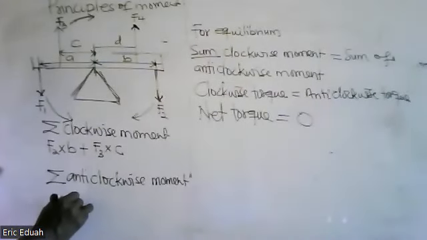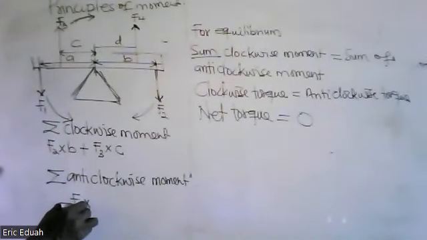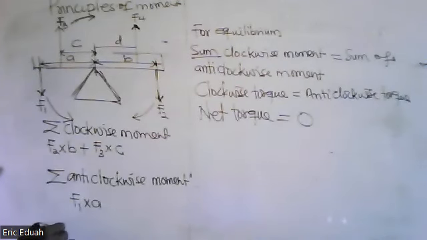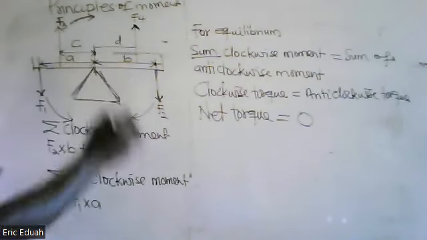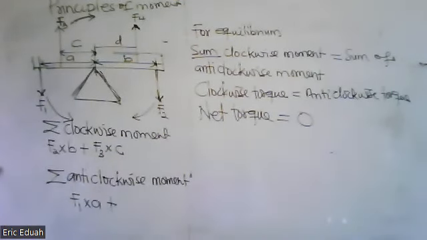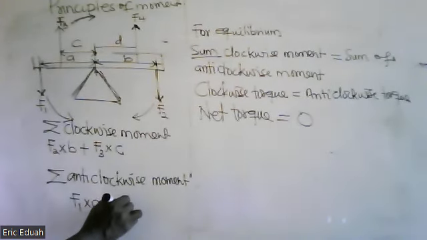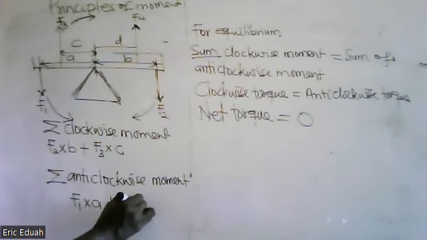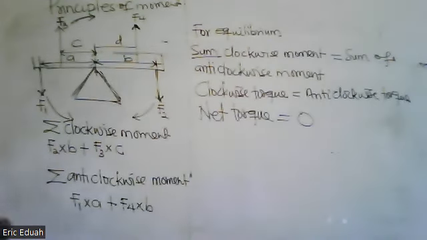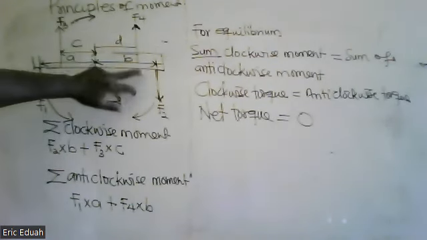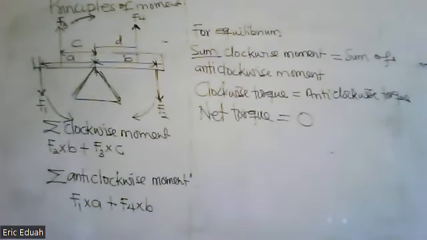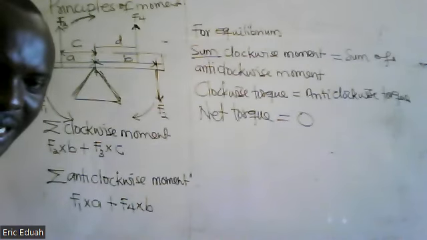F1 times A plus F4 times B. Good. So because here you have a number of turning effects around the pivot,